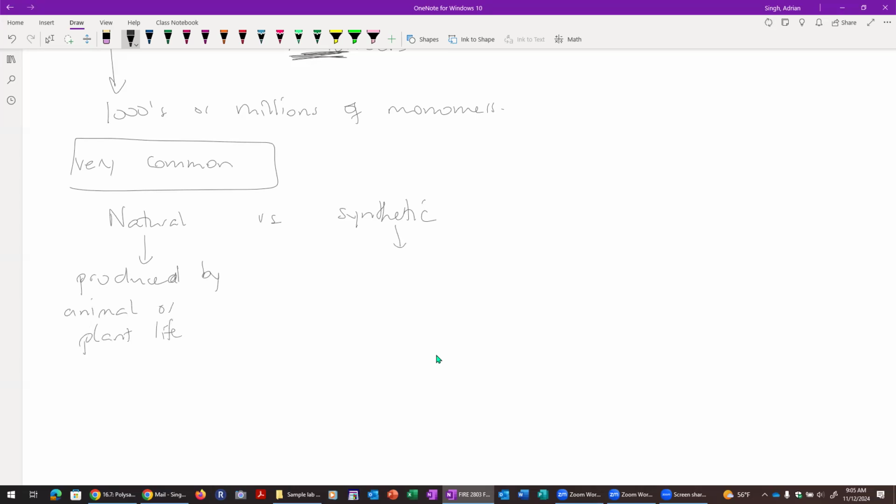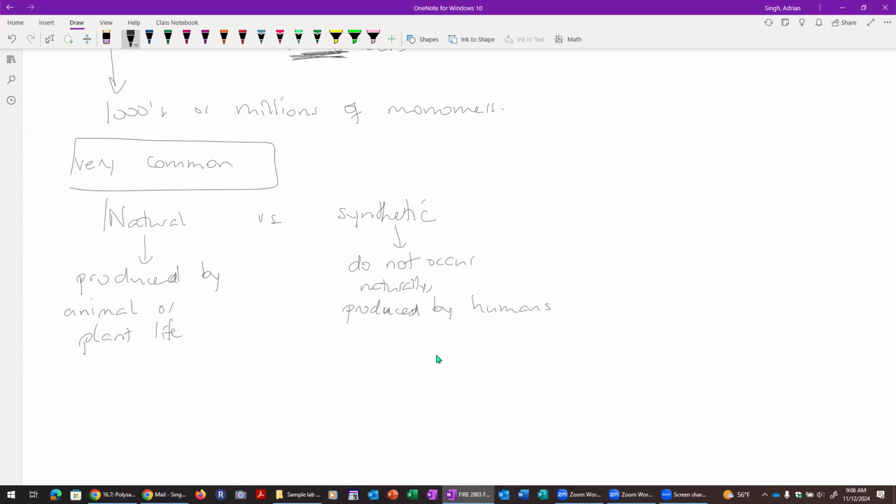And synthetic ones do not occur naturally. So that means they are produced by humans, in a lab, for example, or in a chemical plant or whatever,